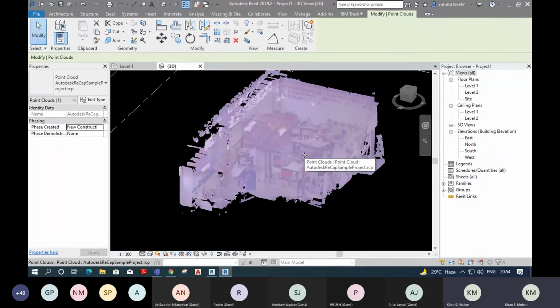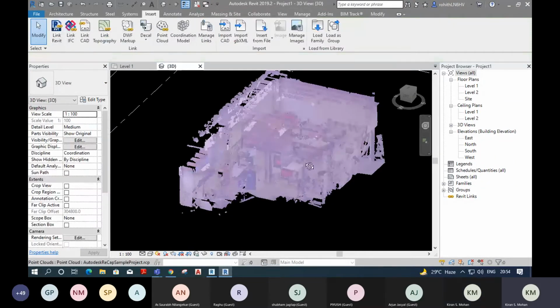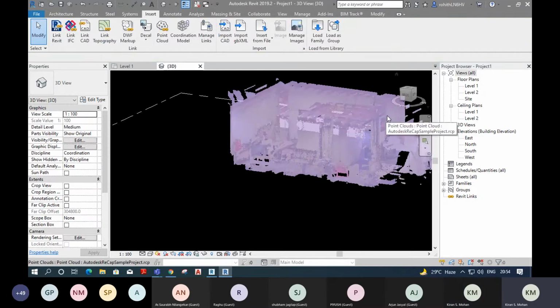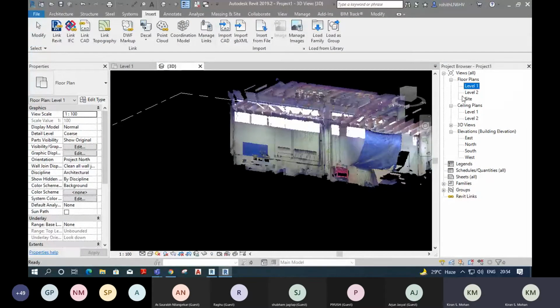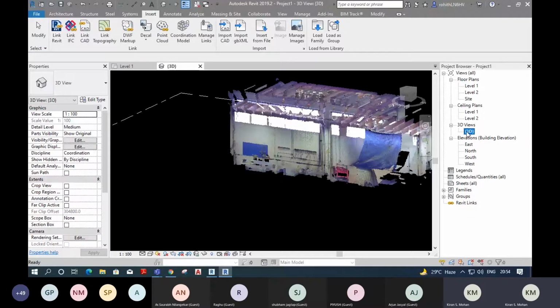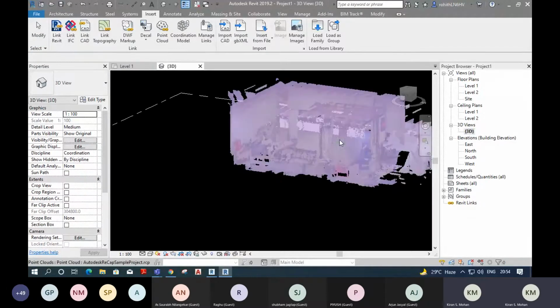Okay. Now we can go to Revit. We already linked the model. Now in 3D and in sections, you can see the model, but you cannot select it. I mean, you cannot select the individual elements. You can only select the entire model inside Revit.